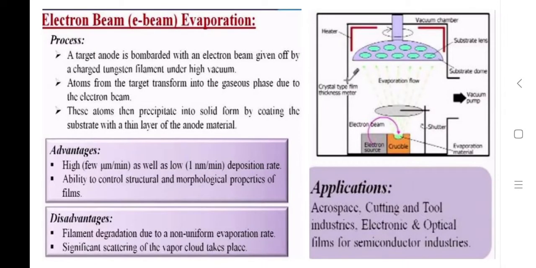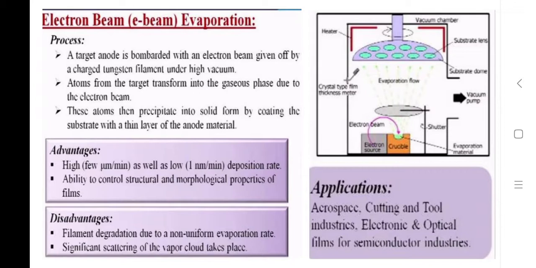The next technique, which belongs to PVD, we are going to discuss is electron beam evaporation. From the name itself we can understand that here we are using electrons, and that electron beam we are going to bombard onto the source material, or maybe precursor material, and then that precursor material releases certain kinds of ions, or maybe molecules, or maybe plasma, and that is directly deposited onto your base metal, or maybe the substrate.